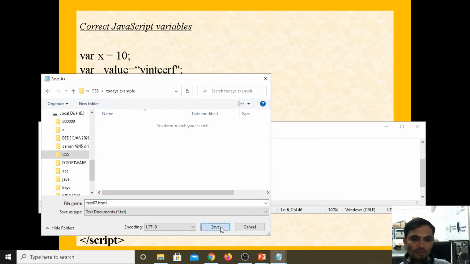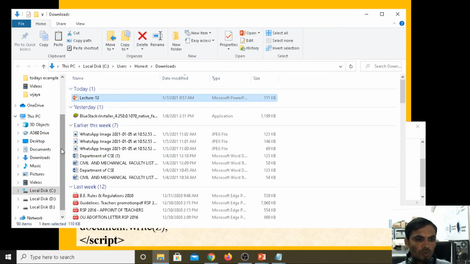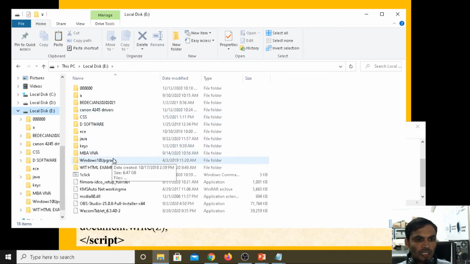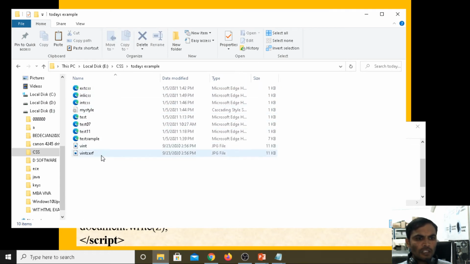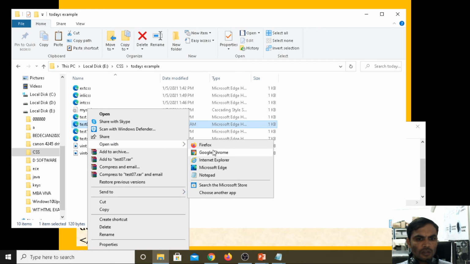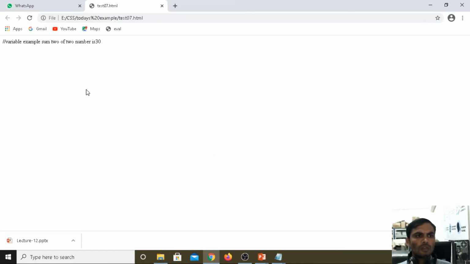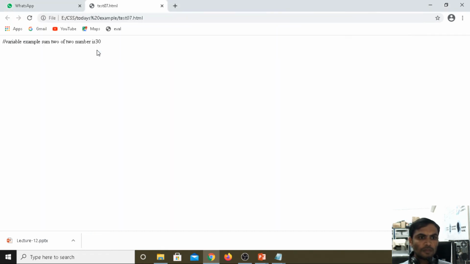Now go to E, CSS, Today's example, test 7, then open with Chrome. What we are getting: Variable example, sum of two numbers is 30.